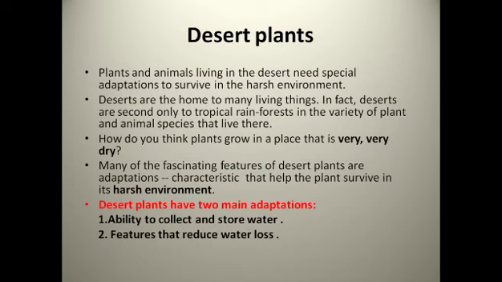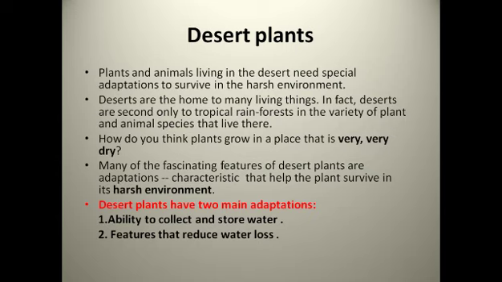And why are they fibrous? If they were hard, they might break by the movement of water, but due to their softness, they don't break by the movement of water. So now you understand what aquatic plants are and what the features of aquatic plants are.